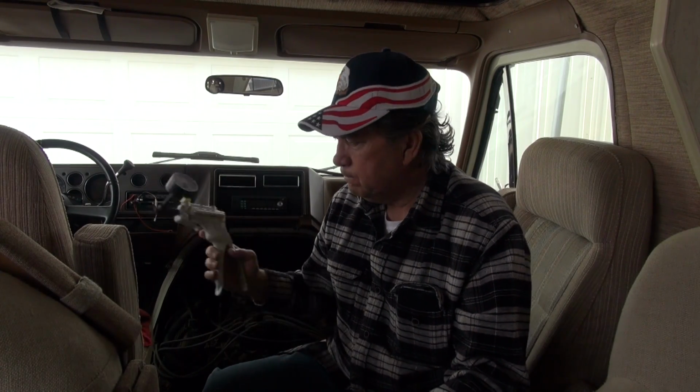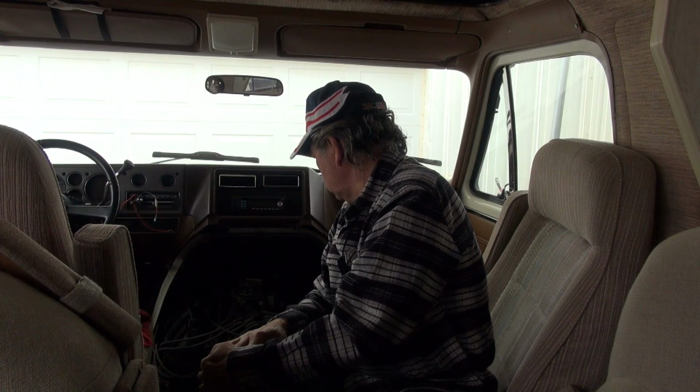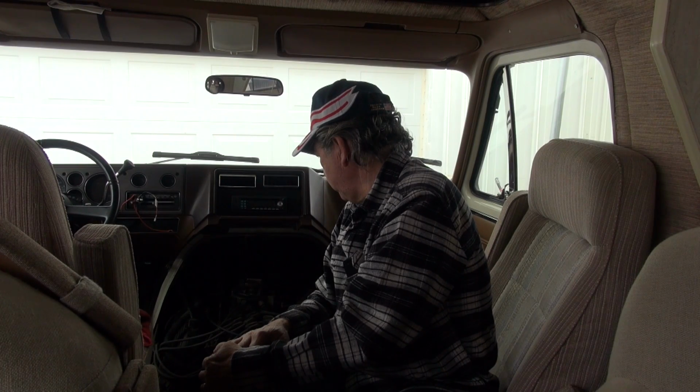With this, it's good too. It just holds the vacuum. So with that said, those vacuum things are working properly. So then I decided to check the, okay, I wanted to see if I had vacuum